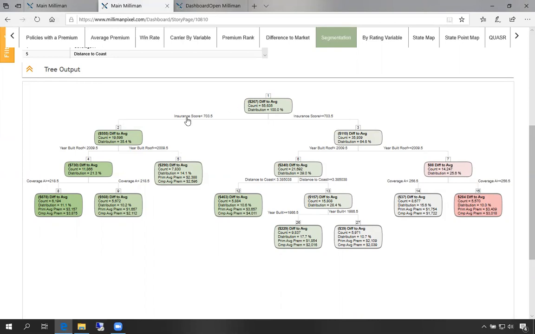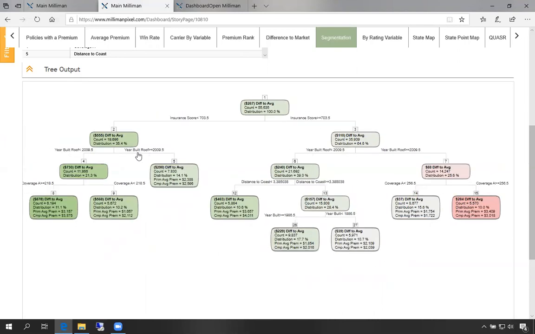So as you can see here, the insurance score is the biggest difference in that lower insurance scores generally were like the Citizens premium is $500 below, compared to for better insurance scores, they're only $100 below. That's likely because Citizens doesn't rate on credit or insurance score, and most of the other carriers that are loaded do.